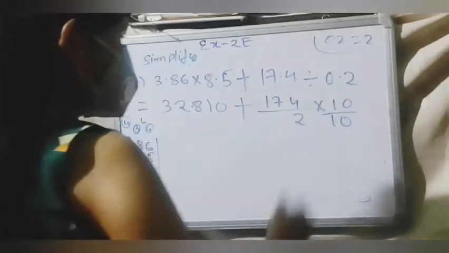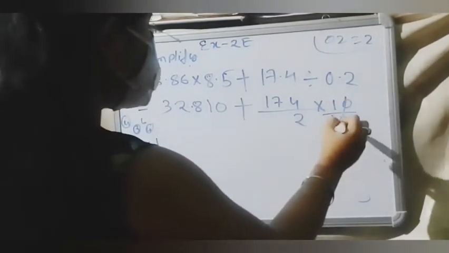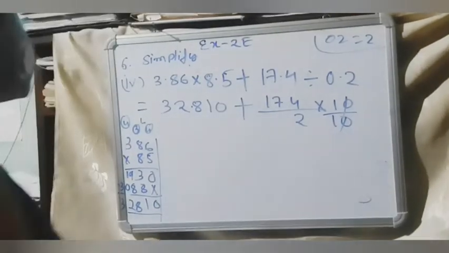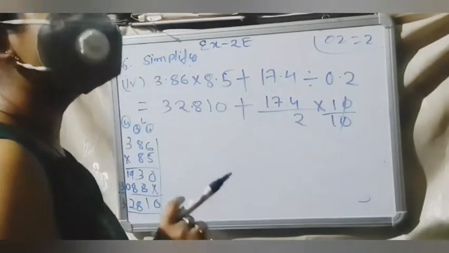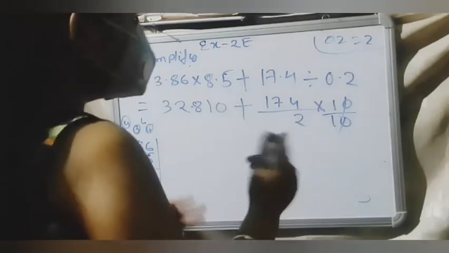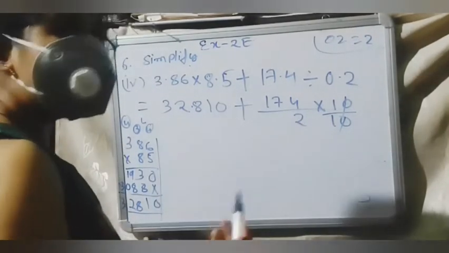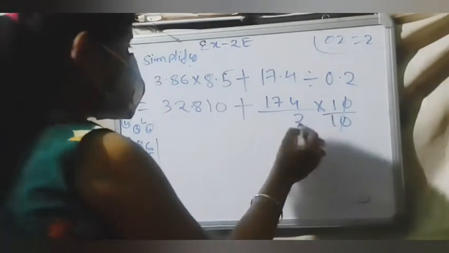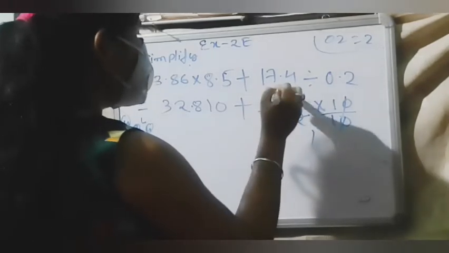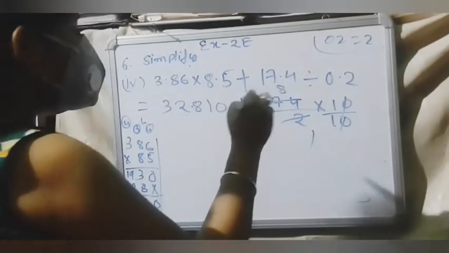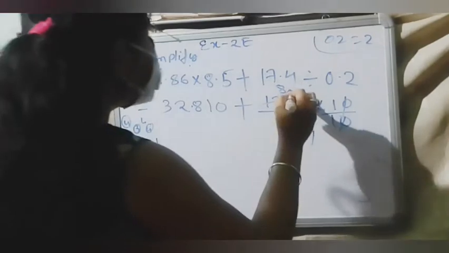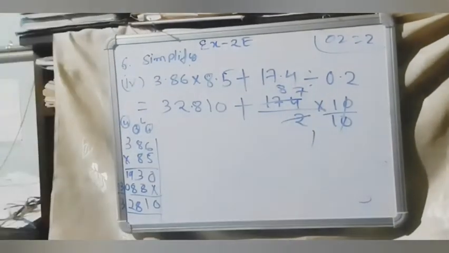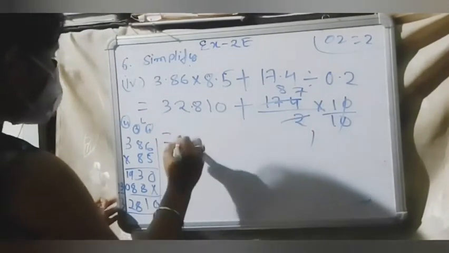Same thing. Now this 0 0 will be cancelled. Now 174 you can divide by 2. You can divide in a rough, we can write, but I know the table thoroughly, so I can cancel. 2 ones are 2, 2 eights are 16. Now 16 again, 1 4, 2 sevens are 14. Now what will be your answer?